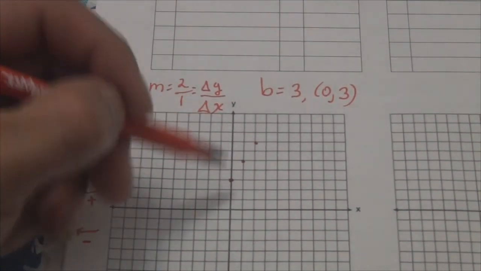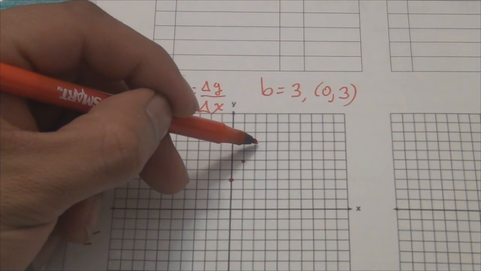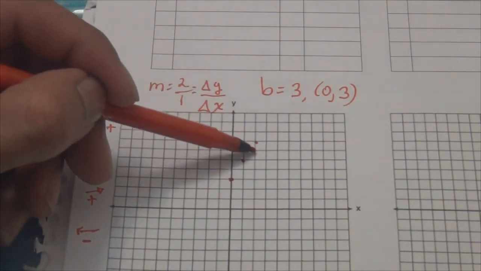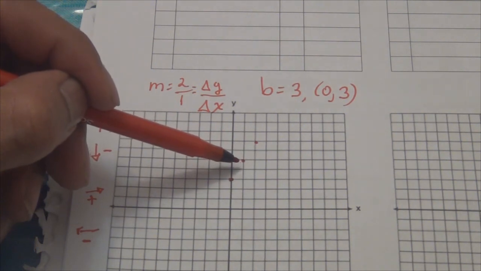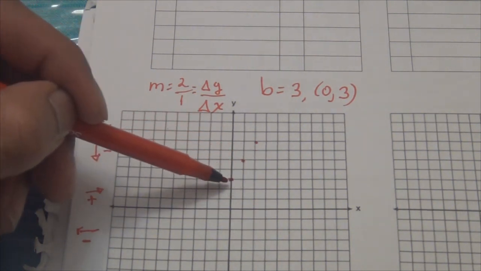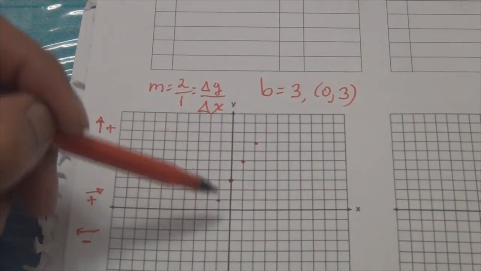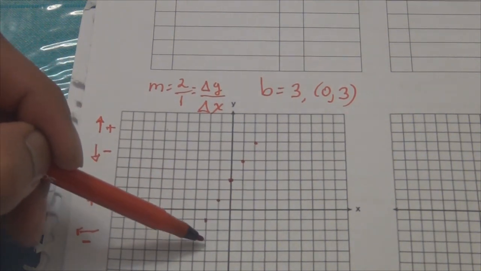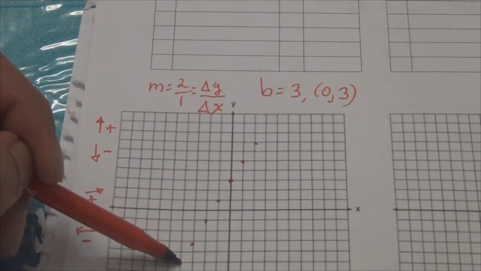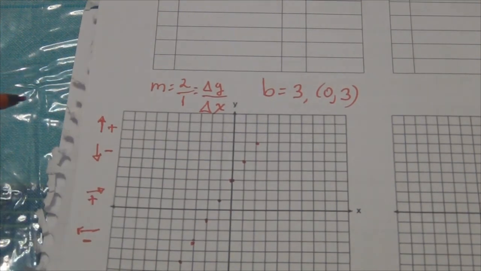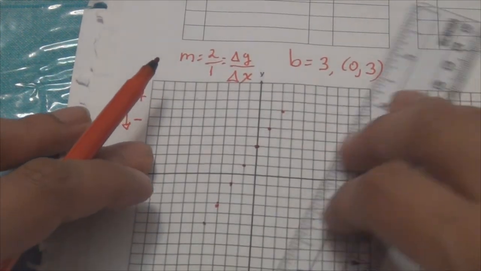So that means that if you go 2 up, 1 to the right, 2 up, 1 to the right, you can also go 2 down and 1 to the left. Remember, down is negative and to the left is also negative. That creates the positive slope. See, 2 down, 1 to the left, 2 down, 1 to the left, 2 down, 1 to the left. Okay? And like that, you already created the line